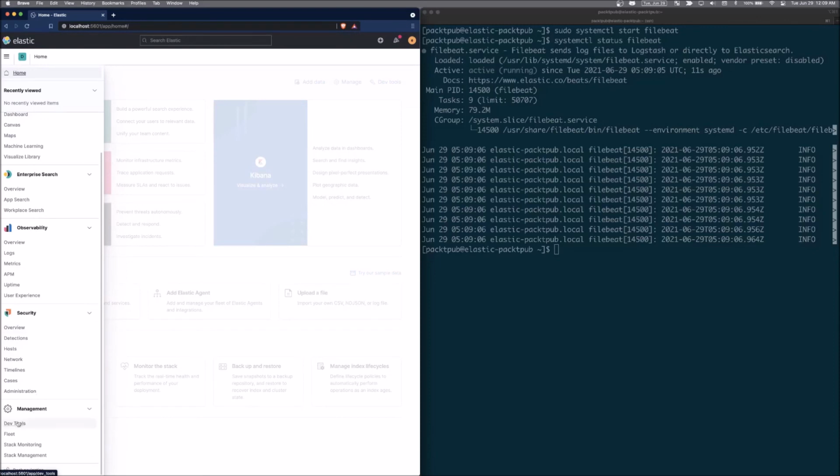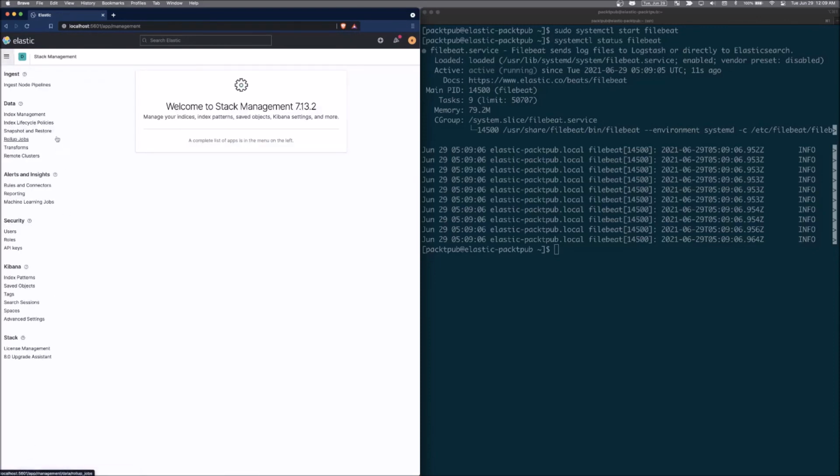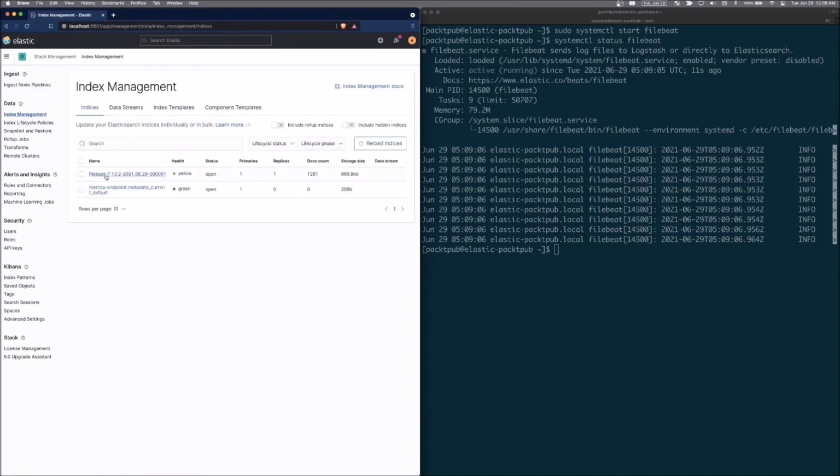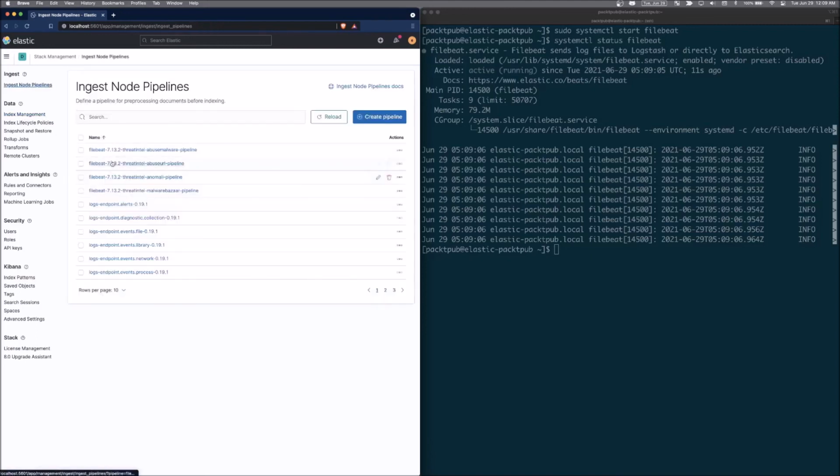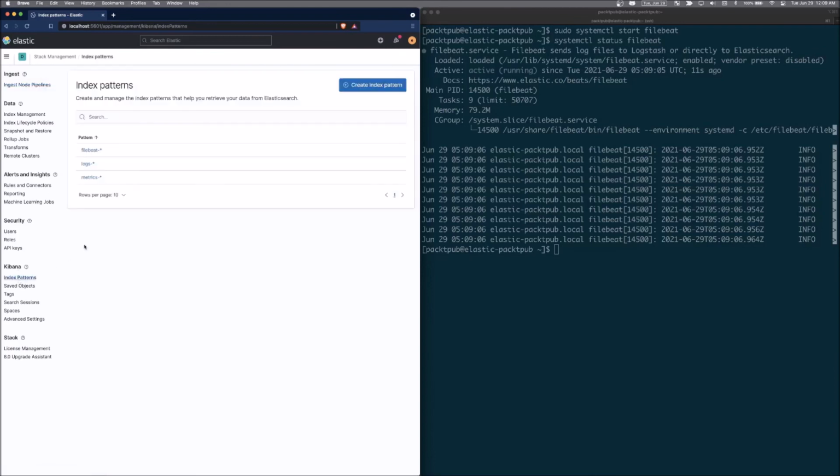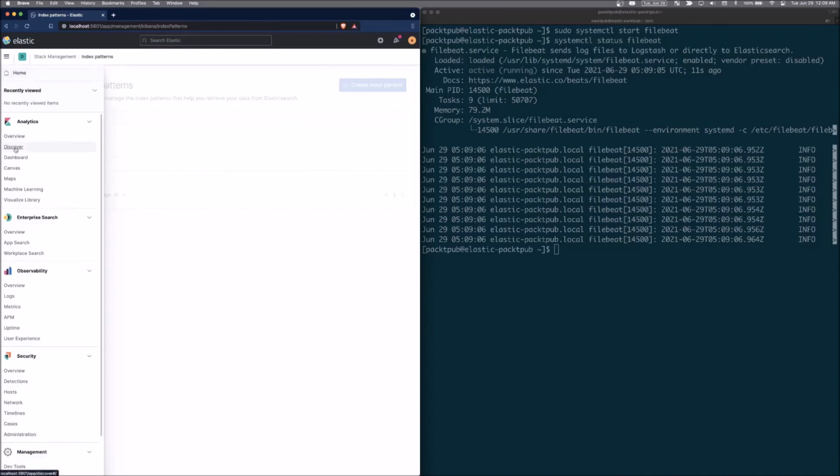And we can see down in stack management that the Filebeat index has been created and is sending data into it. The ingest node pipelines for the threat intel, Anomali, Abuse URL, Malware Bazaar, and Abuse malware have all been created. And the index patterns for Filebeat have been created. So we should see some data